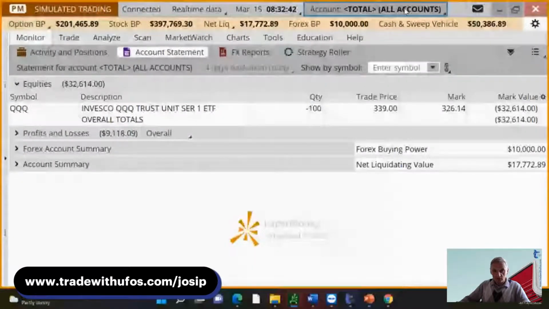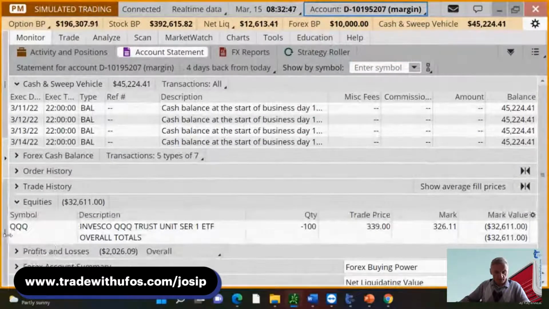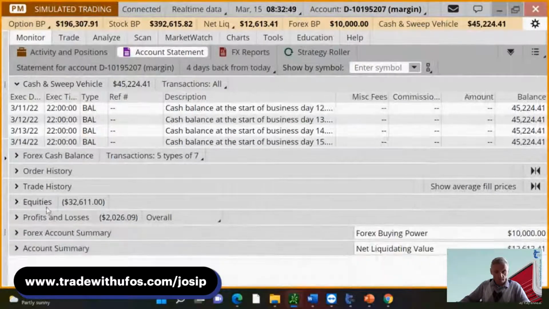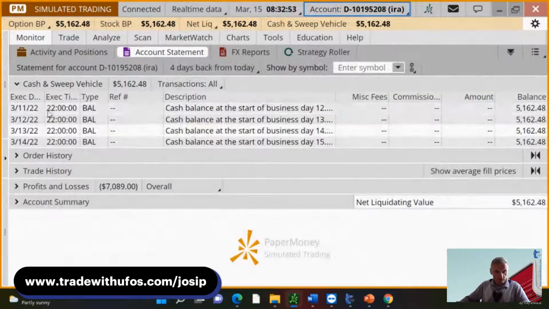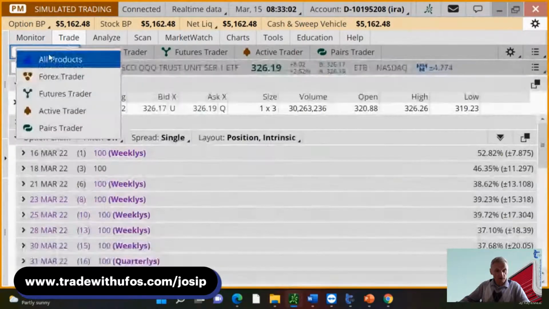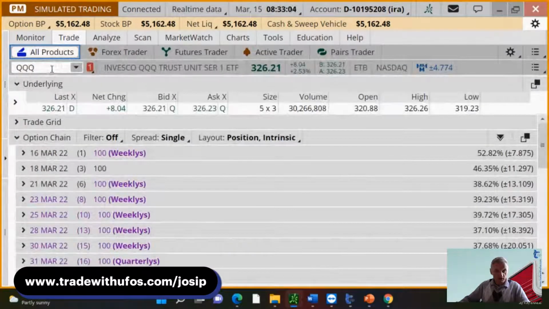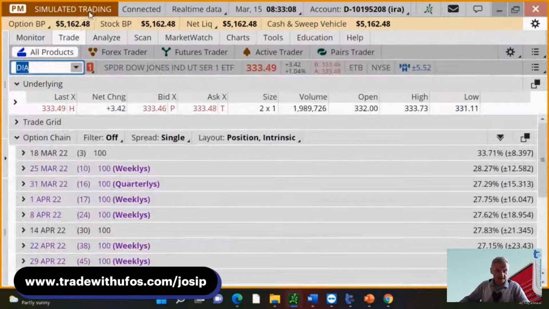So let me just pick one of the accounts here that makes sense. Okay, this is a pretty decent account. This is just a paper trading account. Let's use the one that has the lesser balance. I'm using this one with the $5,000 balance, so I will not overtrade in this account. We can actually do this, and it's not delayed data. It's live data, just in a simulated account.